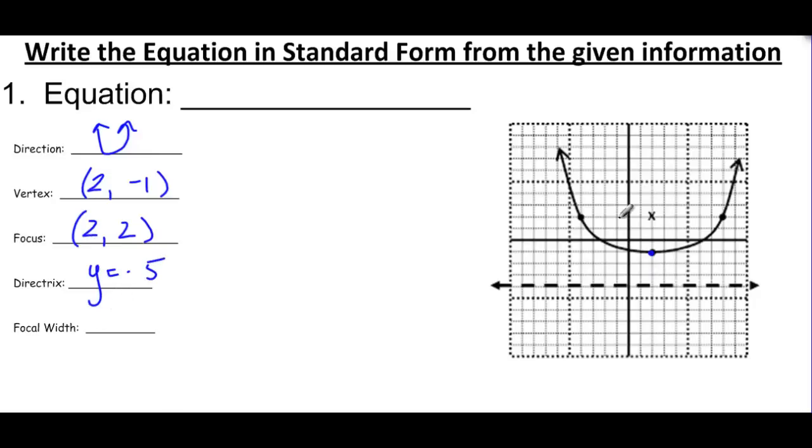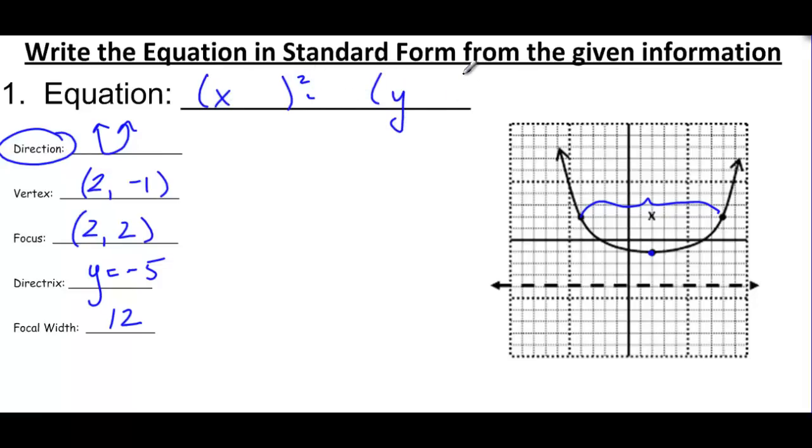And the focal width I get by counting how wide the parabola is at the focus. Well, this is 6 to the left, 6 to the right, which is a width of 12. Now, which of these pieces of information do I need to actually help me write my equation? Well, the first thing I need to know is what direction it faces, because if it's up-down, it's one equation. If it's left-right, it's another one. So since it's an up-down parabola, I know the x value is squared,